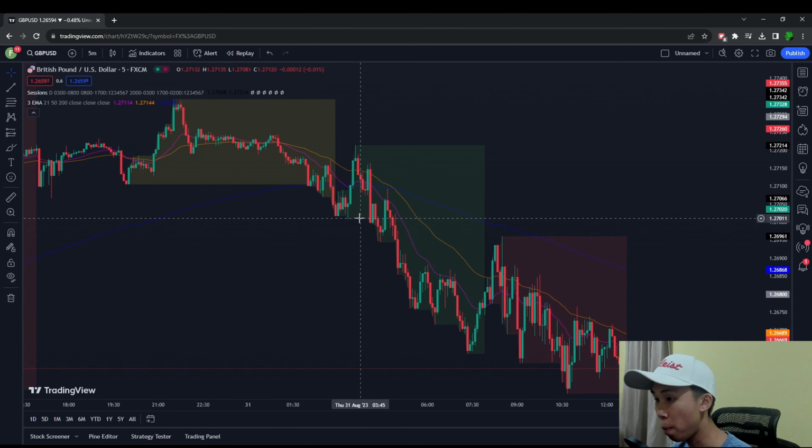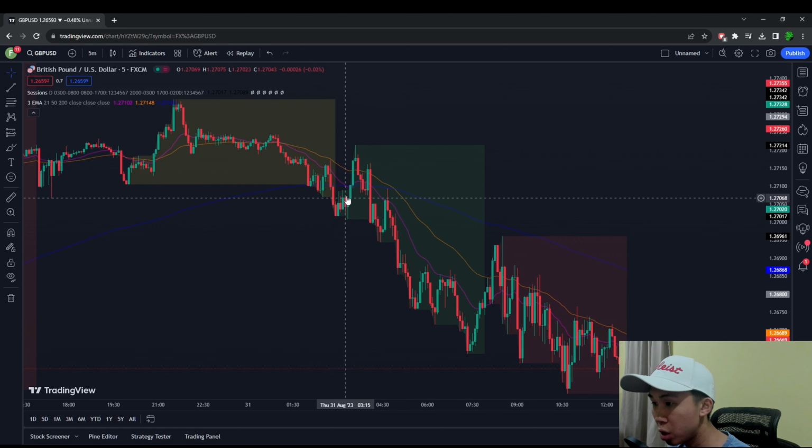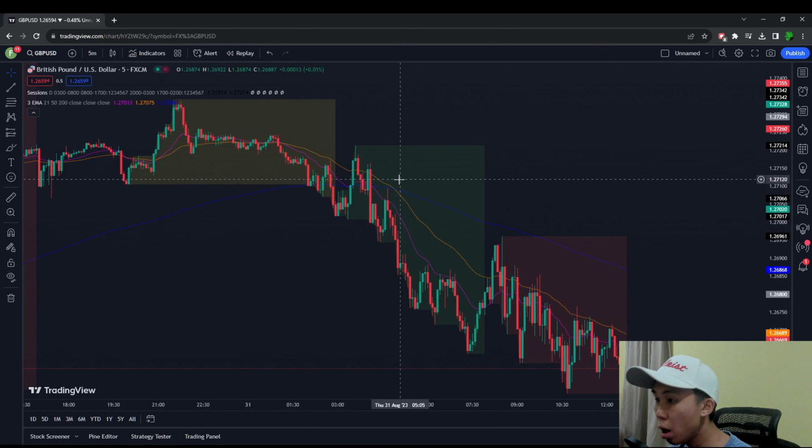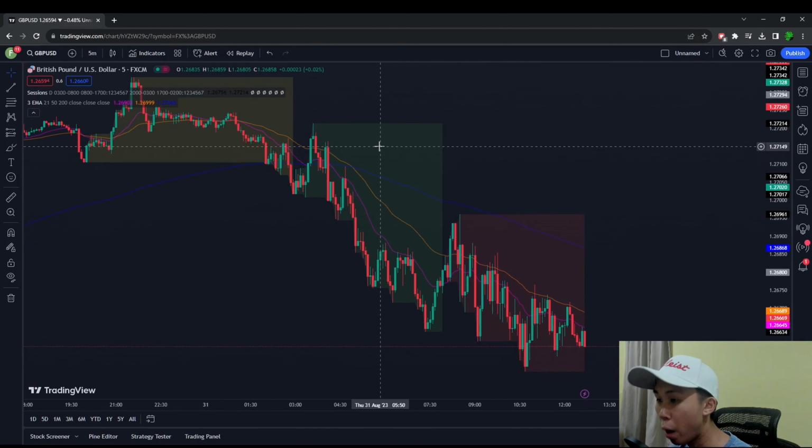So I'll be preparing for sells. But this is not an opportunity yet. Look, price still decides to go up and move down. Still this move, this move, this move. And now, finally, these 3 moving averages are aligned to move down. Do you see this? Now, what I want to do is I want to wait for the price to come